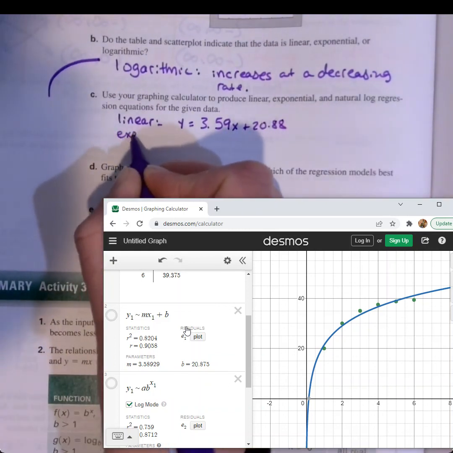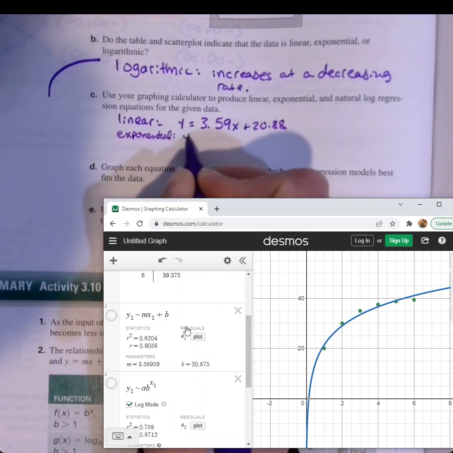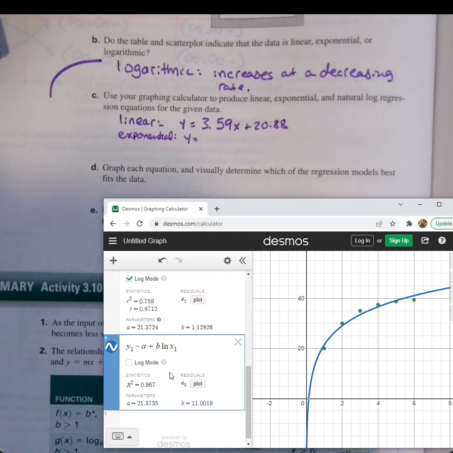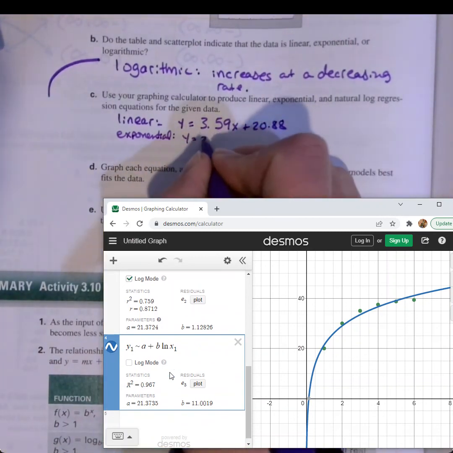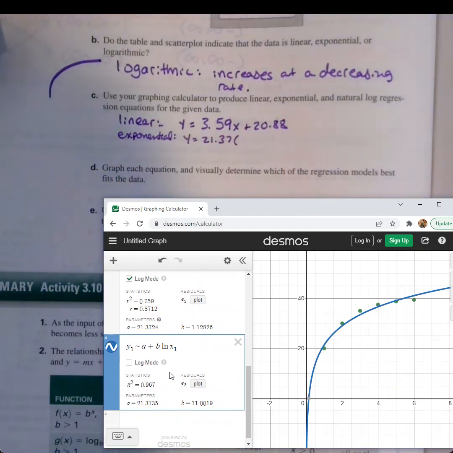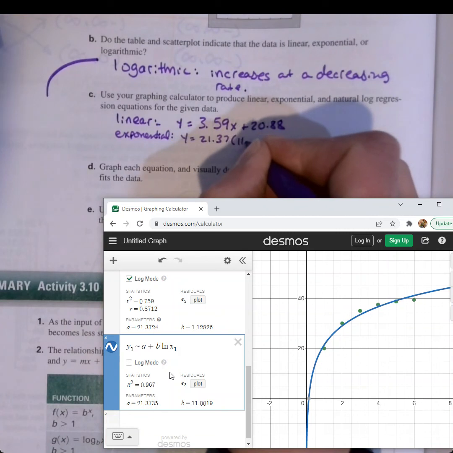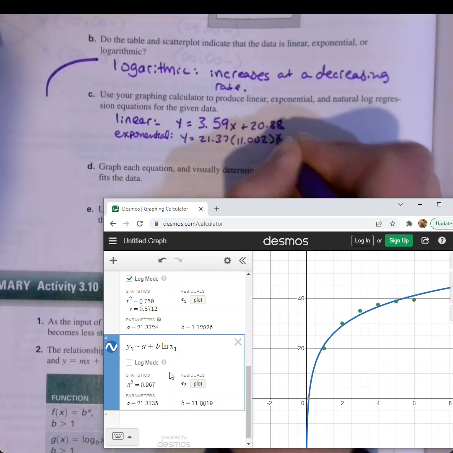The exponential would have been y equals 21.37 times 11.002 to the x, and the logarithmic